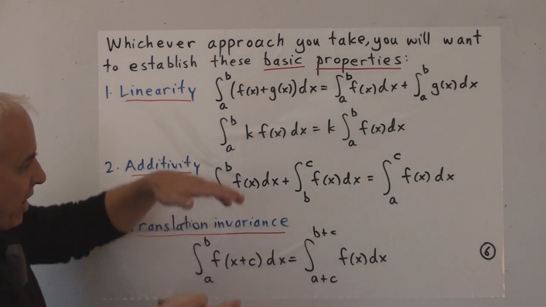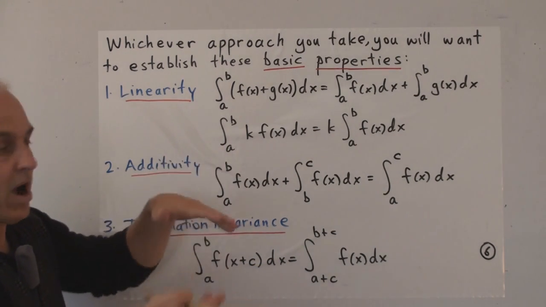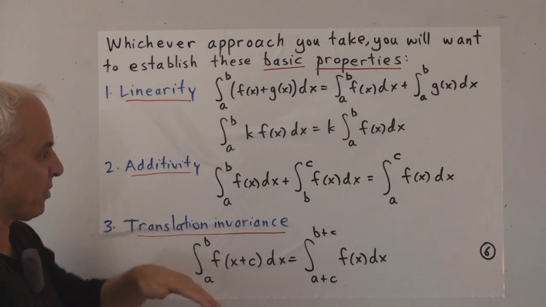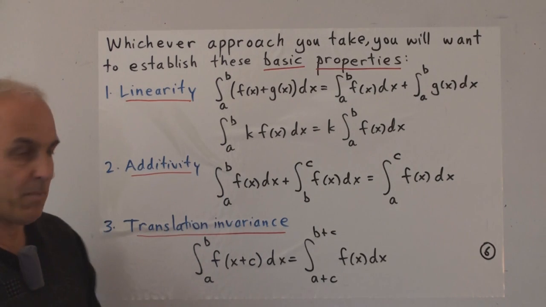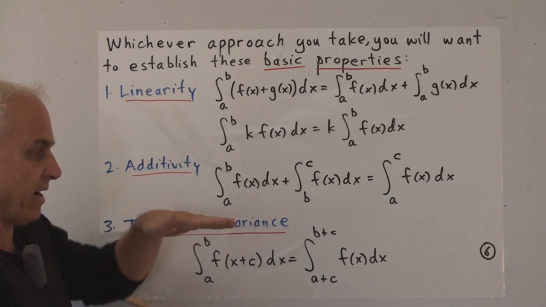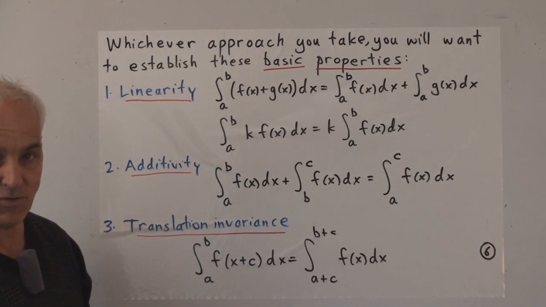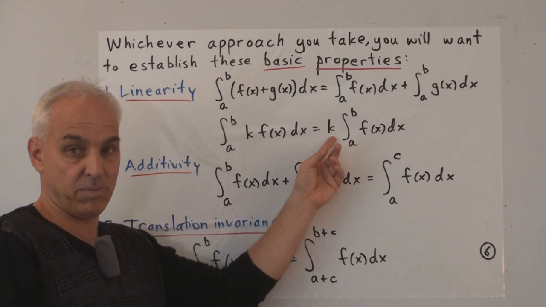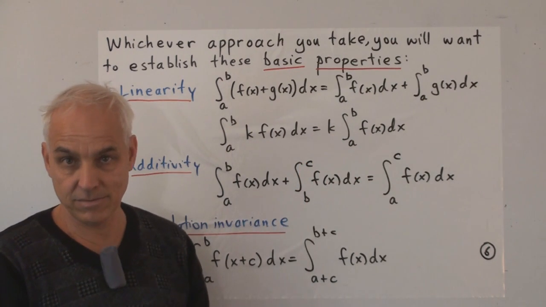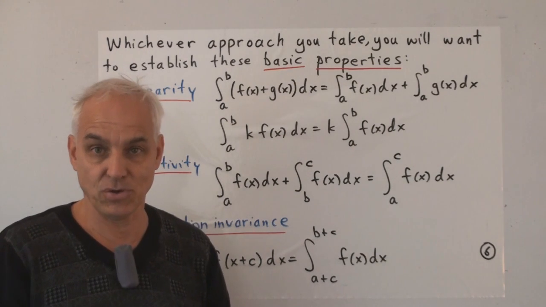So this sort of corresponds to an additivity in the y direction. This one here, for example, corresponds to what happens if you scale the picture by multiplying f of x by a factor k. It means you're scaling everything by a factor k in the y direction. And so it's natural that the area will then be multiplied by k, no matter what definition of area you end up choosing.